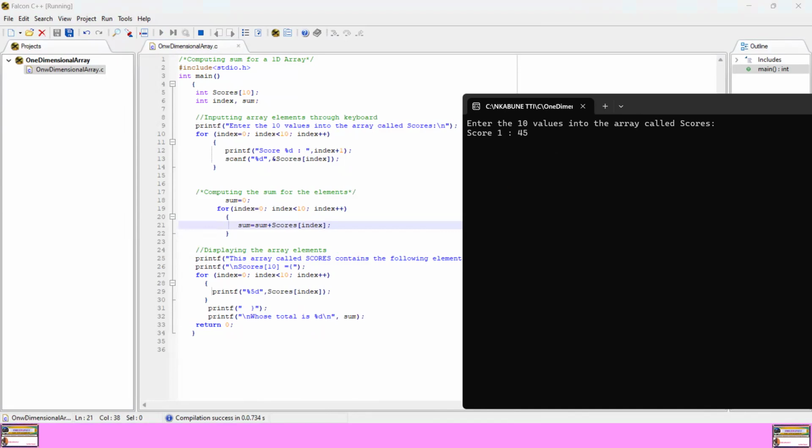So type 45, that is 45. You can see this is now looping. It is looping, incrementing the current value of index. So where it reads score 1, 1 is the index. So after entering the value 45, the processor has incremented the value of index with 1. So 1 plus plus, that is 2. So the second index is 2. That means the second